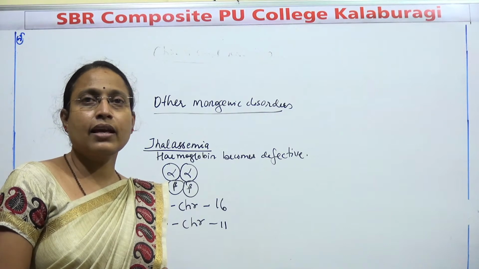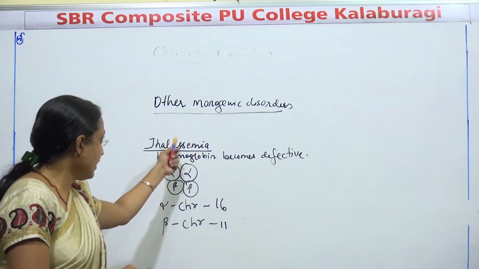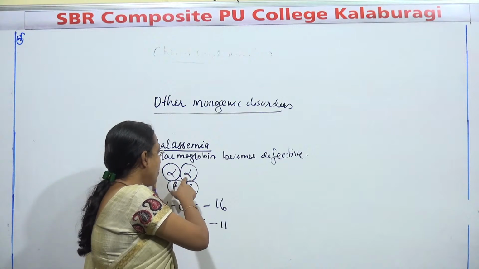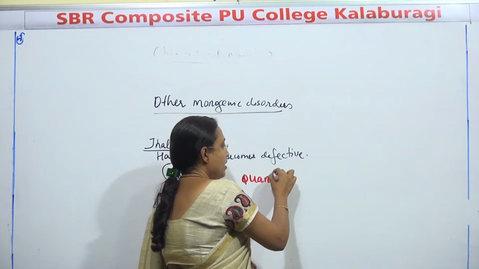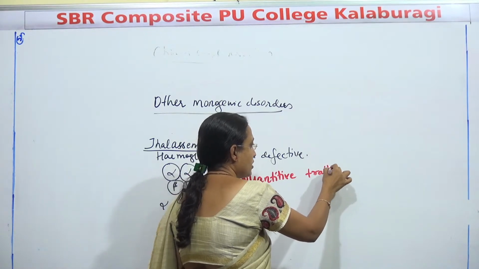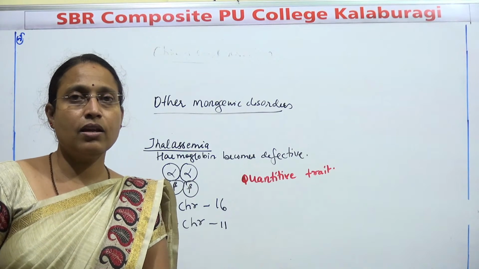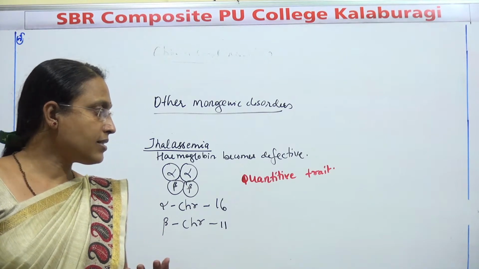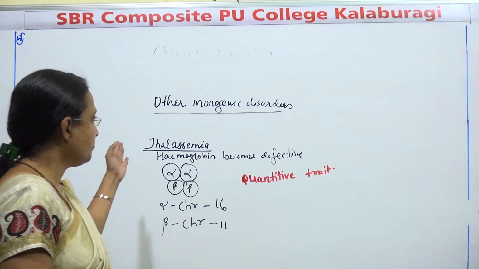Okay, only a single point mutation is affected. So it is a qualitative defect. Whereas in case of thalassemia, the amount of the hemoglobin may change based upon the amount of alpha chain and beta chain. So what is thalassemia? It is a quantitative disorder, or a quantitative trait. Quantitative disorder rather than qualitative. So sickle cell anemia is a qualitative disorder, whereas thalassemia is a quantitative disorder. So this is about the